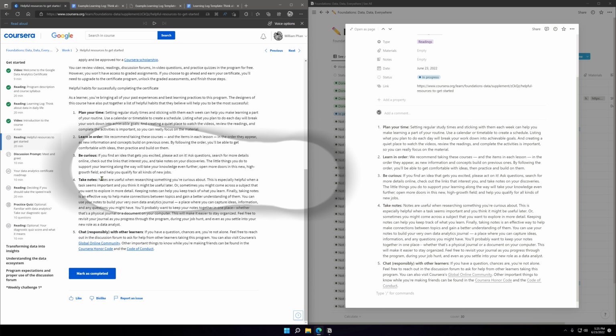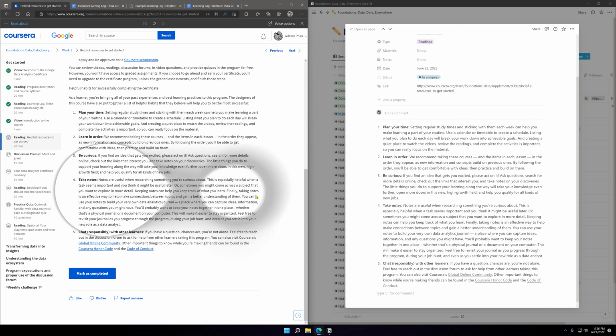Take notes. Notes are especially helpful when a task seems important and you think it might be useful later, or sometimes you might come across a subject that you want to explore in more detail. Keeping notes can help you keep track of what you learn. Finally, taking notes is an effective way to help make connections between topics and gain better understanding of them.